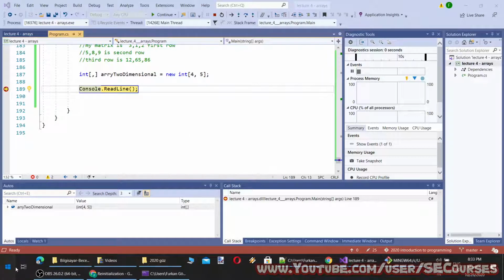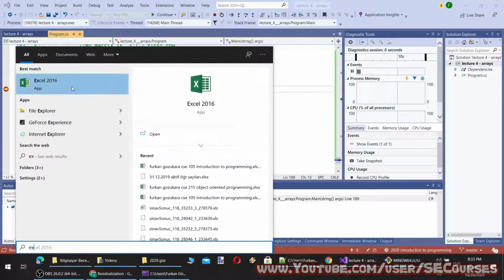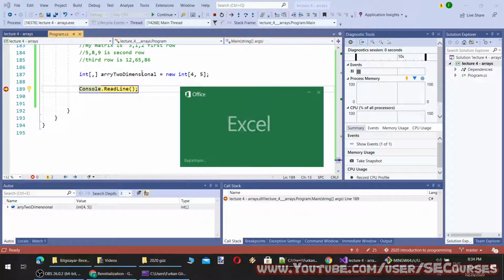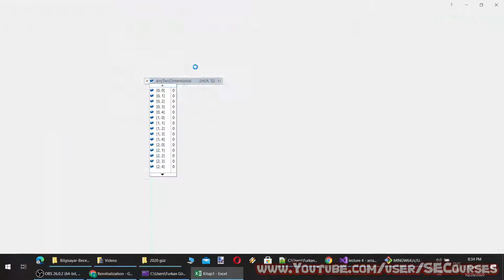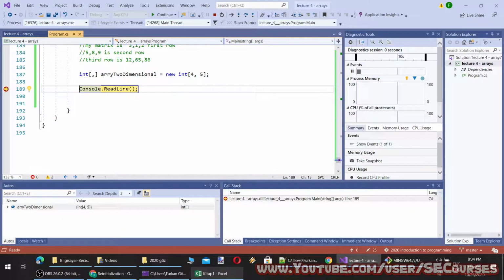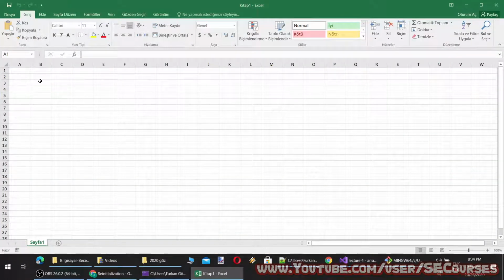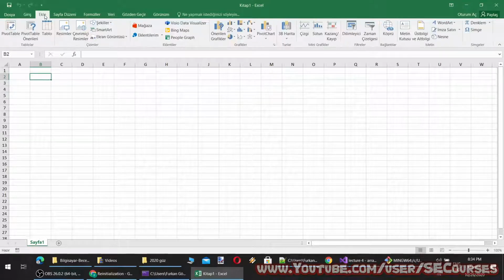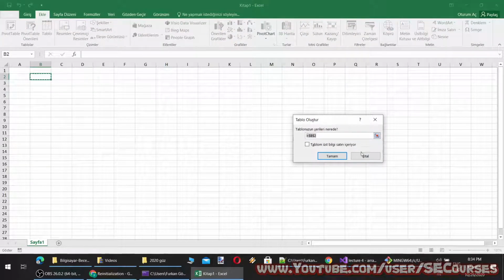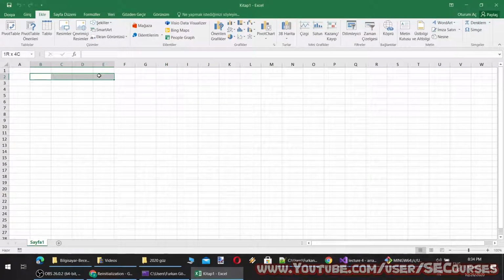And let me show you the Excel example. So this is currently equal to 4 rows, 5 columns. 4 rows and 5 columns, and 4 rows is like this.